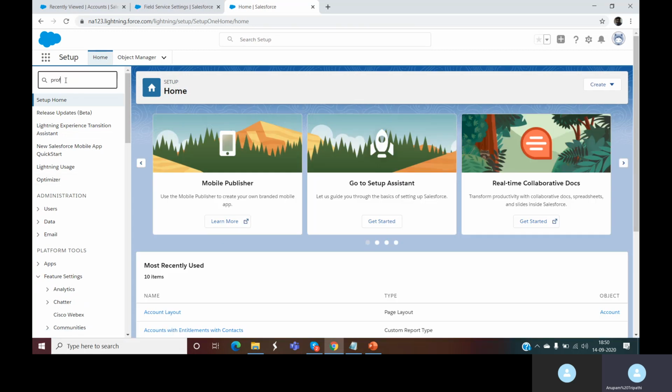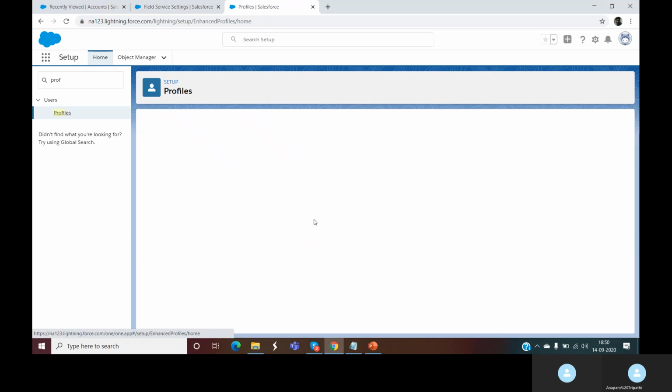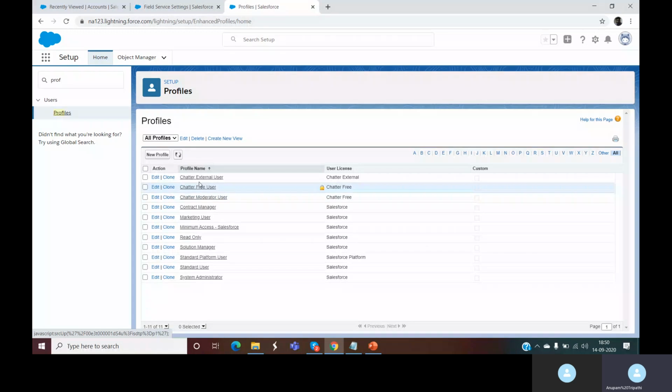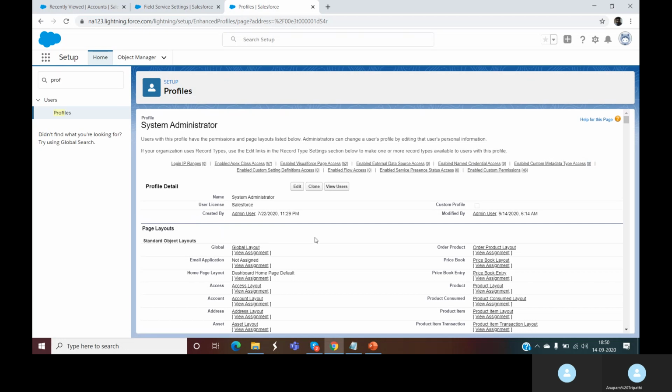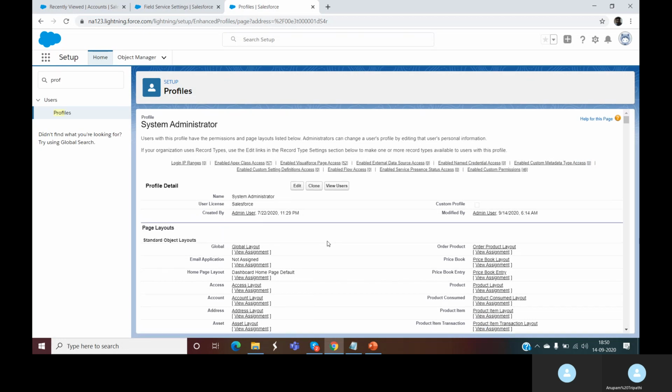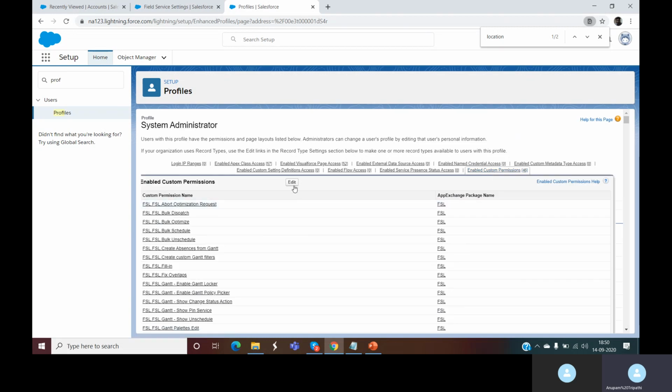we'll go to the profiles. And we'll select this administrator profile. We'll enable custom permissions.